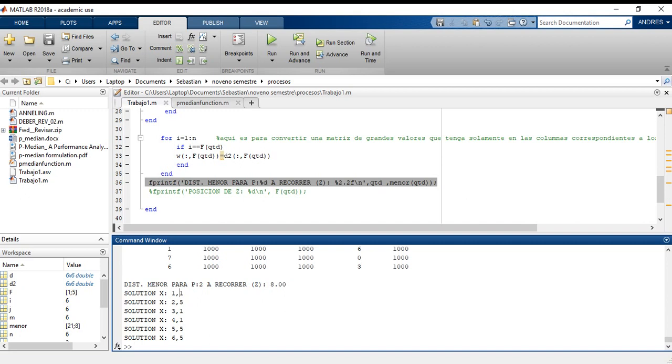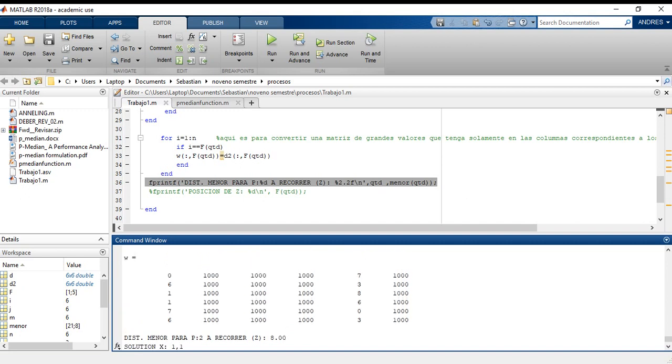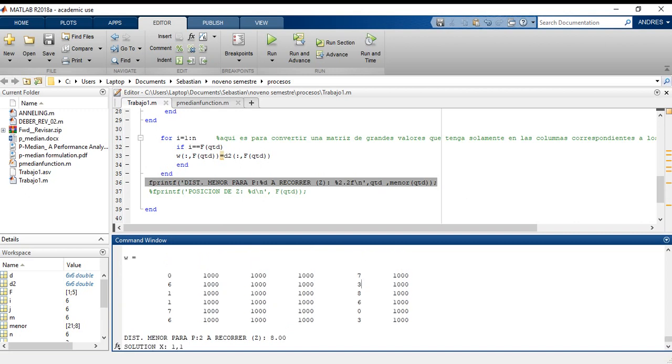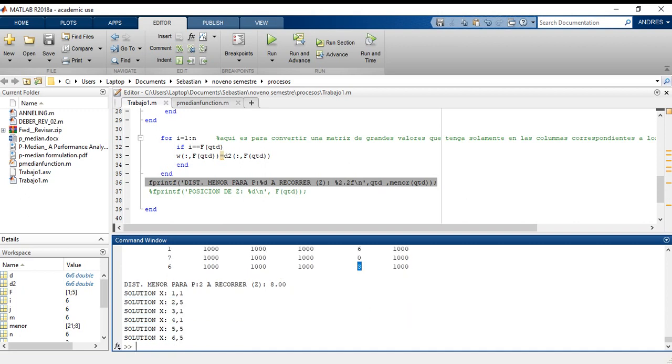Okay, 1 1 3 1, the number 3. The number 3 goes with the first column, and number 4 with the first column, and then number 2 with the 5th column, number 5 with number 5, and number 6 with number 5. Yeah, and this is the distance. First I established the distance 21, and then I established the distance 8, which is the minimum, obviously the distance 8. So